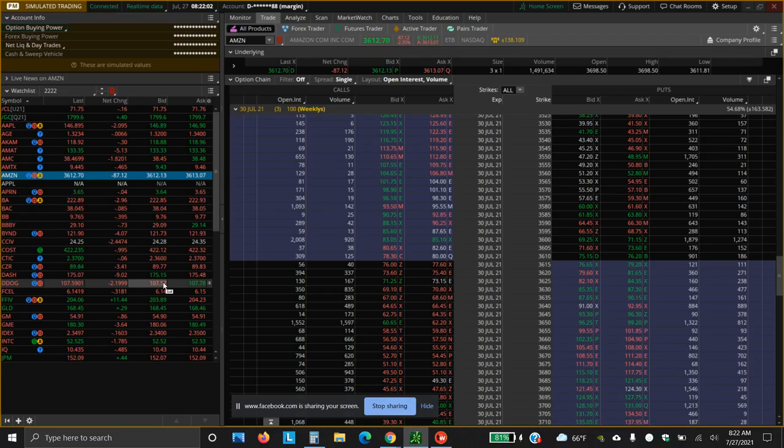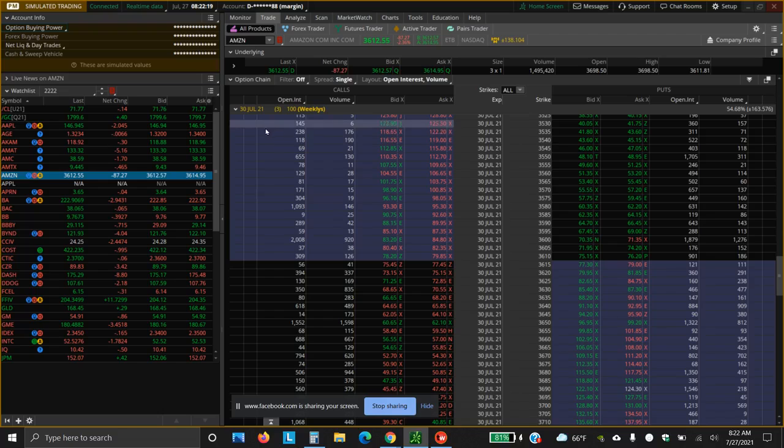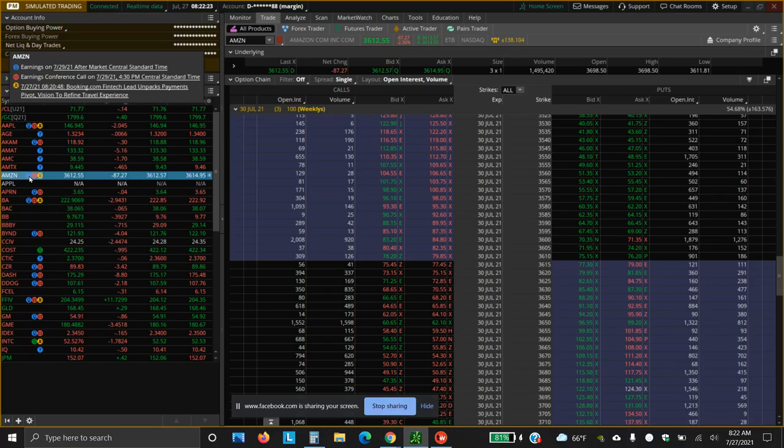But I'm going to do this example, how you can make money. I'm going to do a trade, and this is a simulation with real data. This is the real data. What I'm going to do is look at the chart on Amazon and see the things on TD Ameritrade about what's going on.